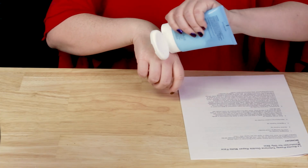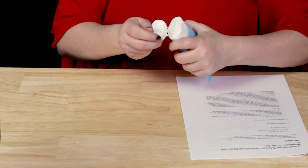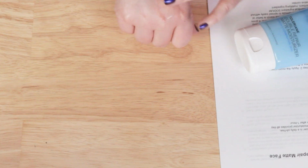Okay, so ease of use. After cleansing, apply it to face and neck. Apply in gentle circular motions, and then repeat the application process in the mornings or evenings. I found this smooths over skin really nicely. In my opinion, in terms of the actual matte finish of this one, it's not super mattifying when you apply